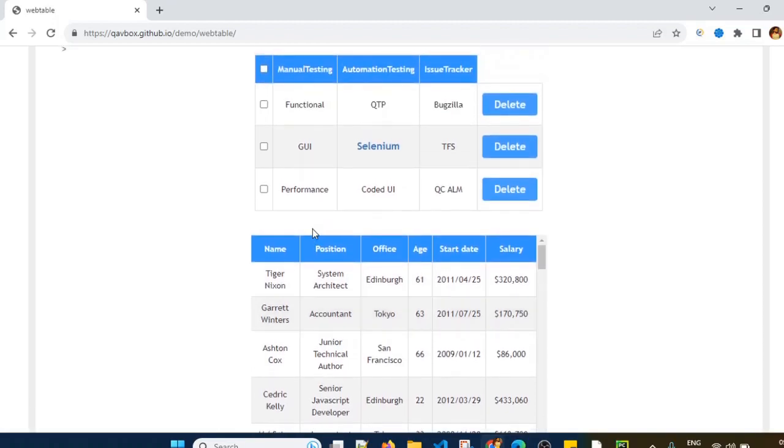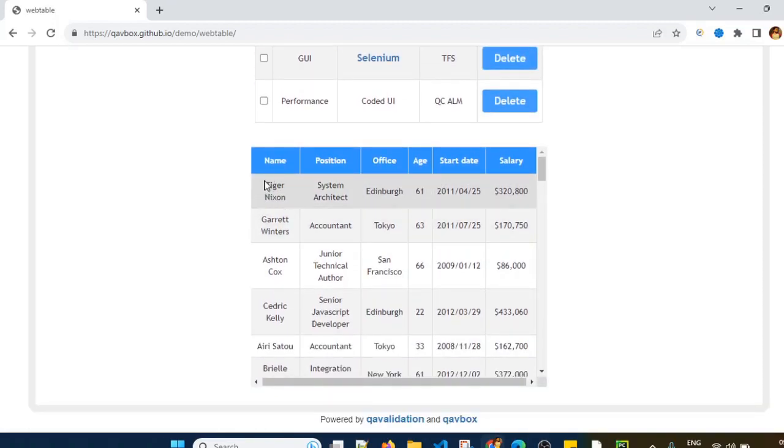For example, this is the first row which contains various headers, for example, name, position, office, age, start date, salary. And this table contains information of different employees, for example, Tiger Nixon, his position, office address, age, start date and salary.